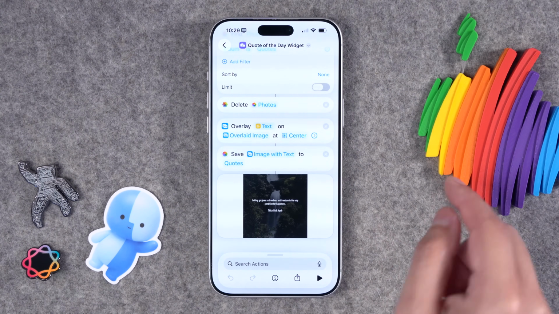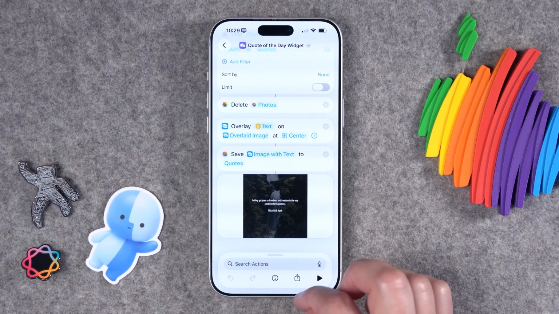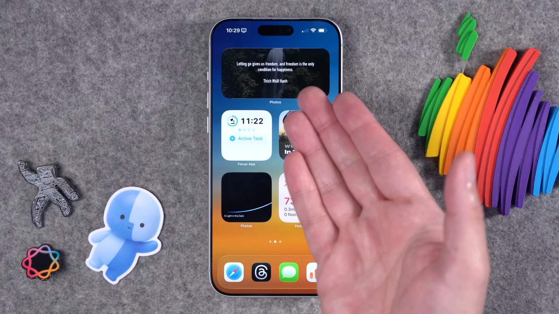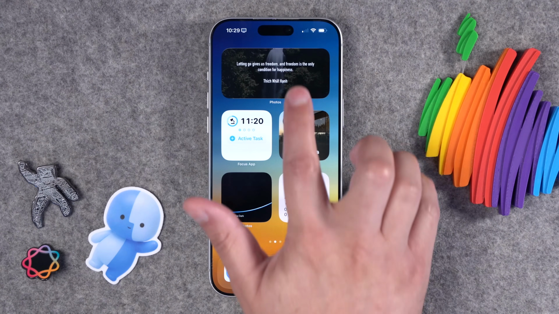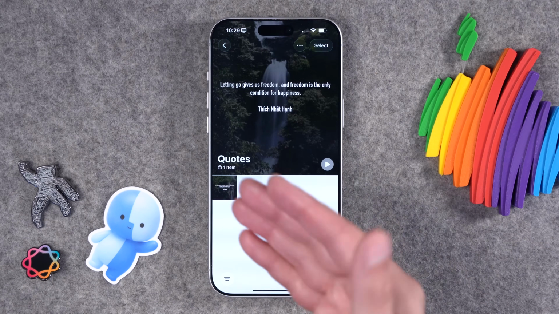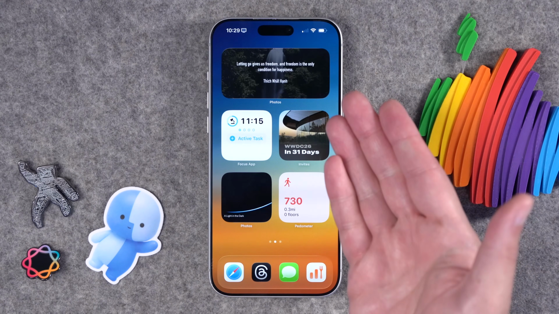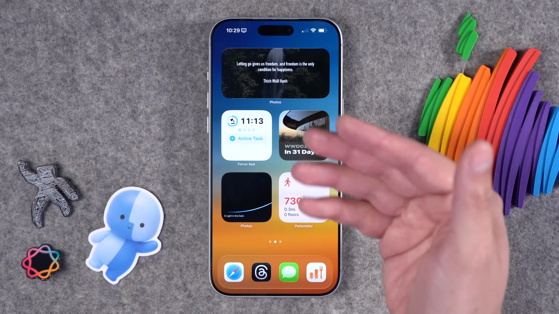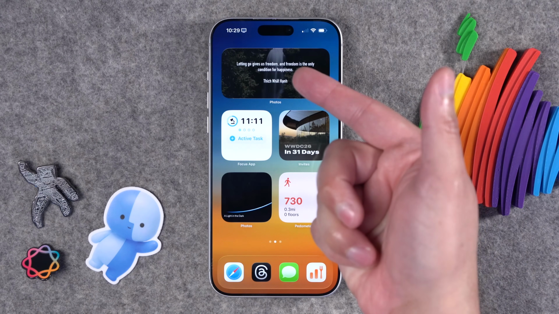Now when I ran this, it has a new quote over a new image, and if we go back to the widget, now it's showing that new quote with the new image right there. And if we tap it, you'll see that album still only has that one image. I thought that was pretty fun. You can download that shortcut and automate it to run every morning, and you can have another quote in a